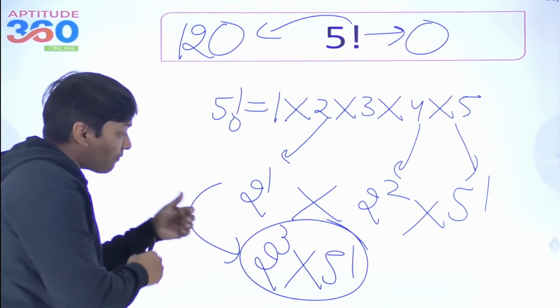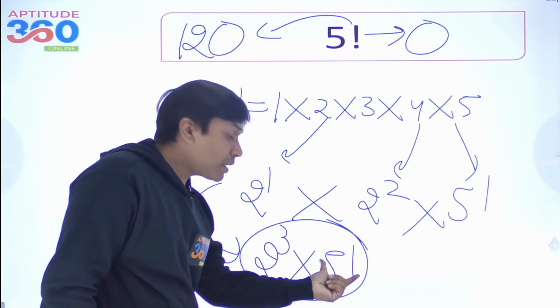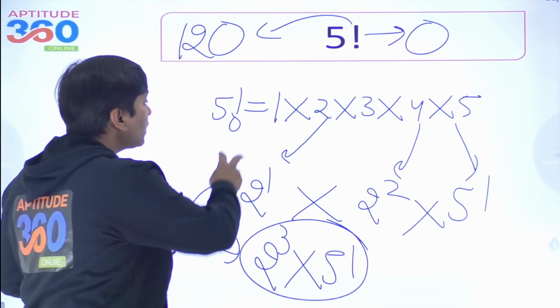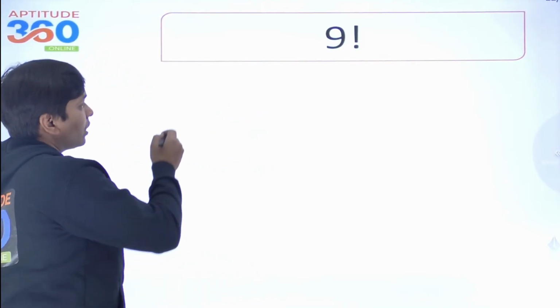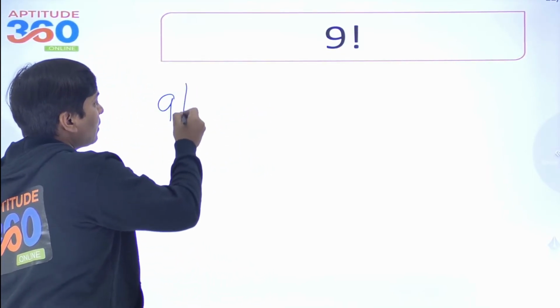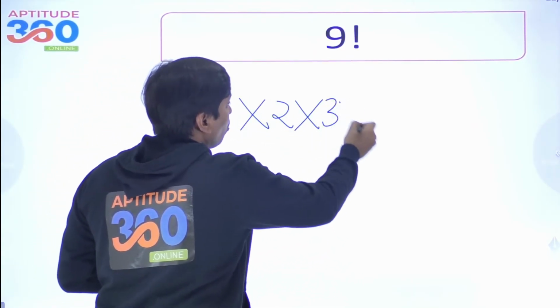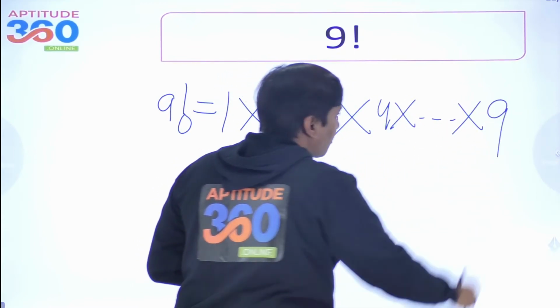Why is that I am having exactly 1 0? Because number of 2 कितने हुए? 3, और number of 5 कितना हुआ? सिर्फ और सिर्फ 1 हुआ. Is that okay? Now let us move ahead. I have got this number for you. 9 factorial. अगर आप देखो ना, 9 factorial को क्या करते हो आप? 1 2 3, आप क्या करते हो? You multiply all these natural numbers up to 9.